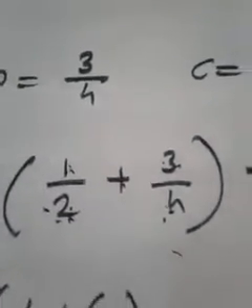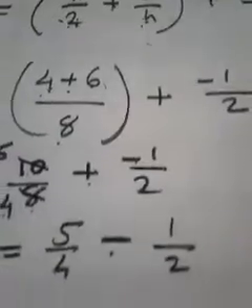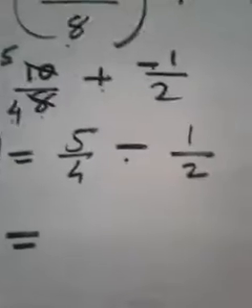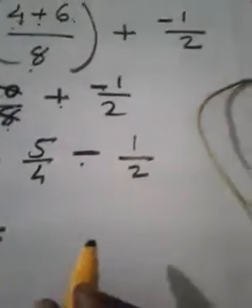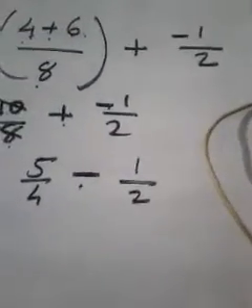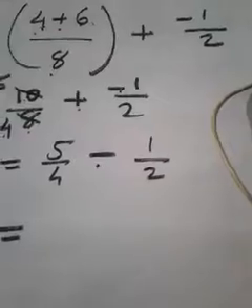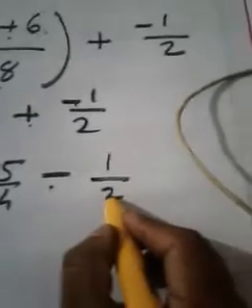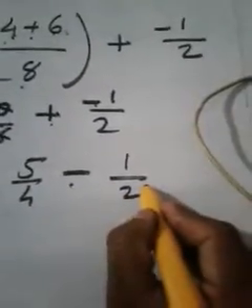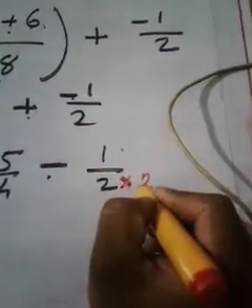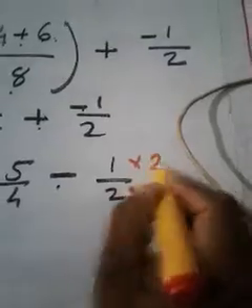And we already know how to add two fractions. We explained it in the first few videos, in the first video itself. This is 5 by 4 minus 1 by 2. You know how to subtract two fractions, isn't it? Here you can apply cross multiplication, otherwise make the denominator the same. Here I am going to make the denominator the same, using the LCM method instead of cross multiplication. Here the denominator is 4, here the denominator is 2. I am going to make this 2 as 4. How can I make this 2 as 4? Just multiply with 2. Since I multiply the denominator with 2, with the same number I have to multiply the numerator also.